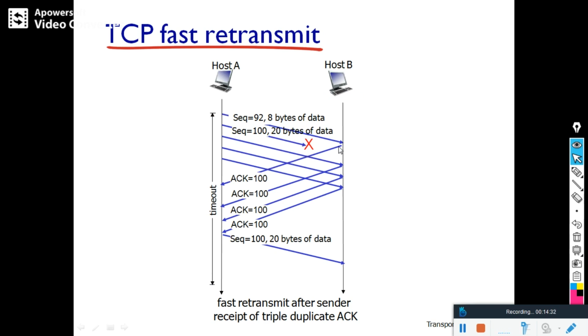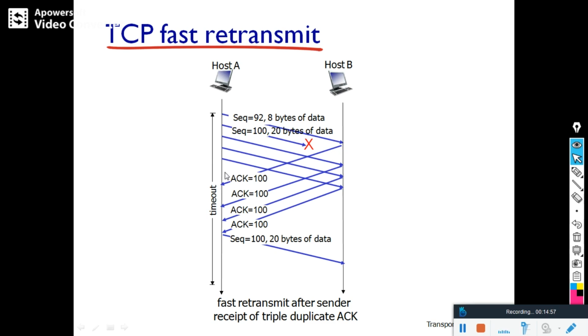Here host B is giving acknowledgement saying transmit 100. 100 is transmitted by our host A, and our host A is transmitting other packets also, not only 100.